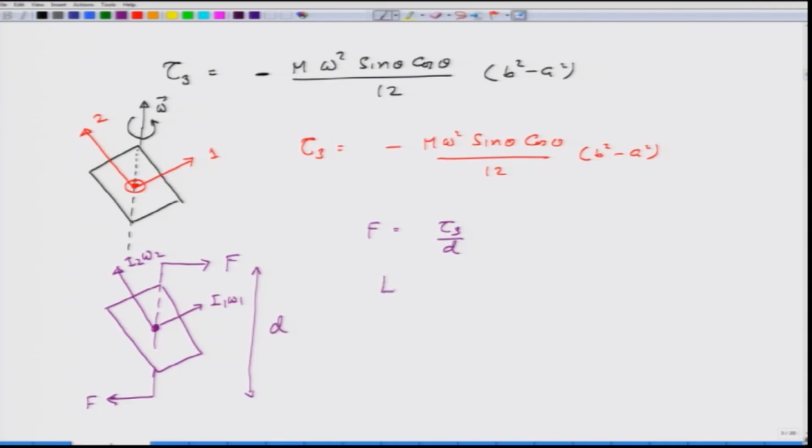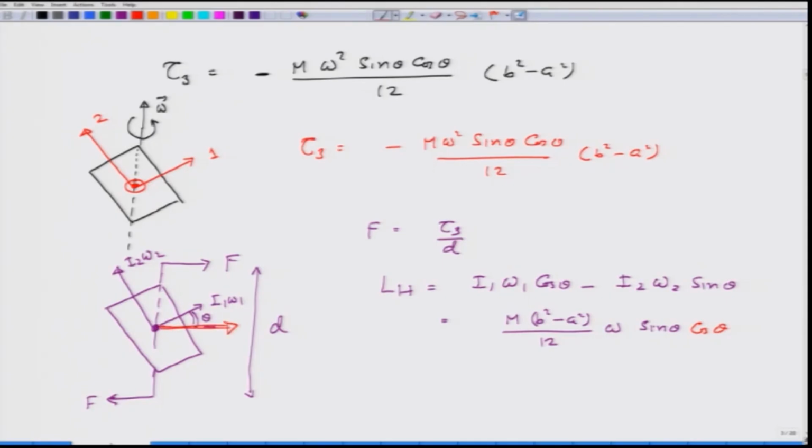So, L horizontal in that case would be I1 omega 1, this angle out here being theta, cosine of theta minus I2 omega 2 sine of theta, which will come out to be m (b square minus a square) over 12 omega sine theta cosine theta. This is LH in this direction,